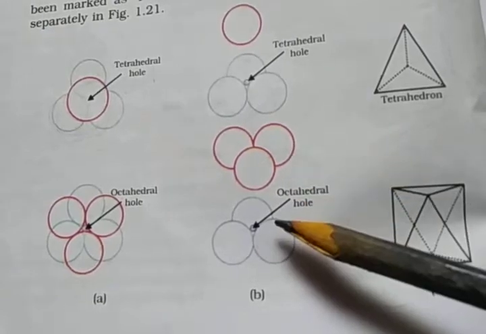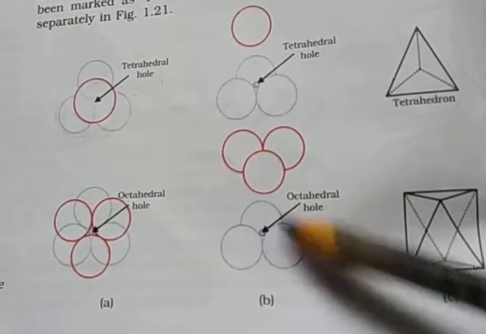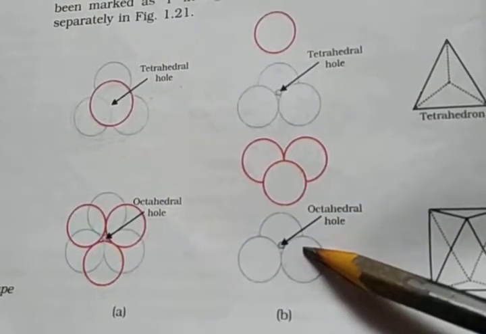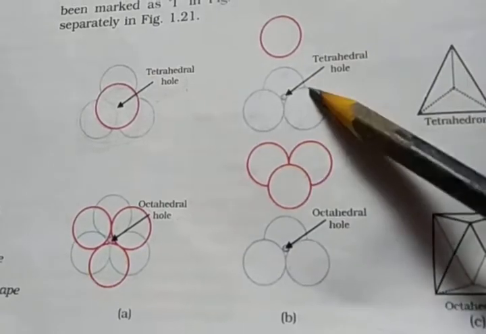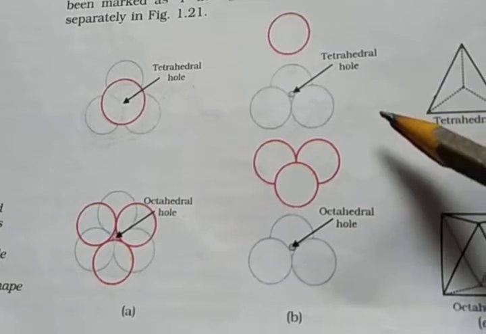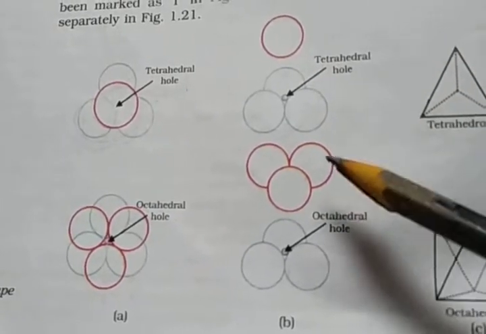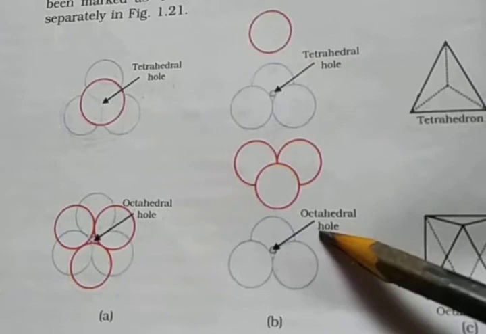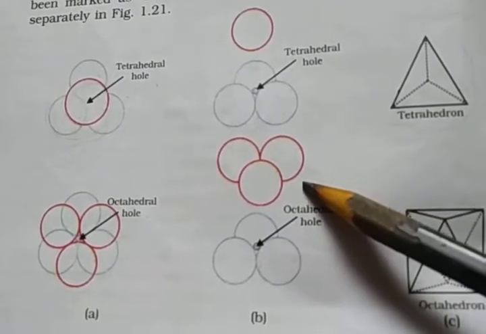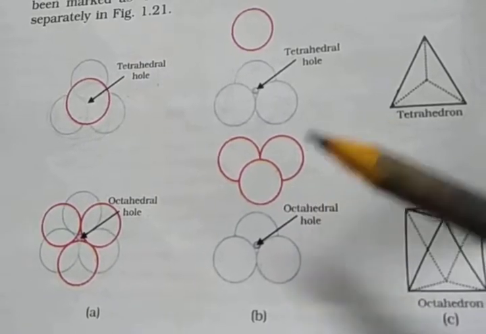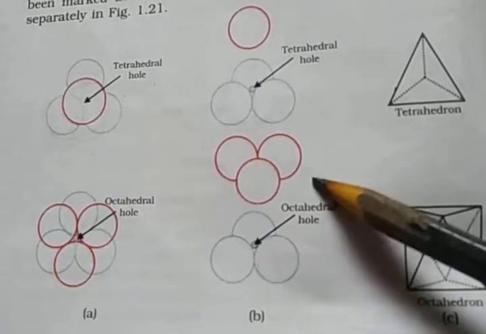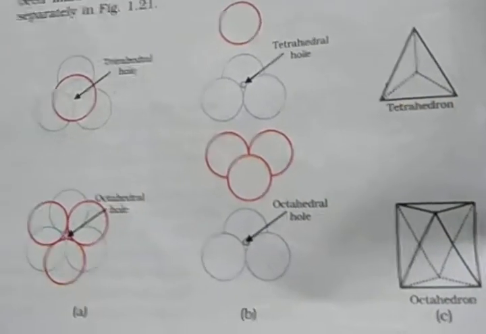Then the number of these two types of voids, tetrahedral voids and octahedral voids, depends upon the number of the close packed spheres. Okay, the number of octahedral voids generated is N. So the number of tetrahedral voids generated is 2N. That means octahedral is 6, so tetrahedral is double. Octa does not mean 8 here. Generally it depends on the number of close packed spheres, denoted by capital N. So octahedral voids generated are N, and the number of tetrahedral voids generated is 2N.